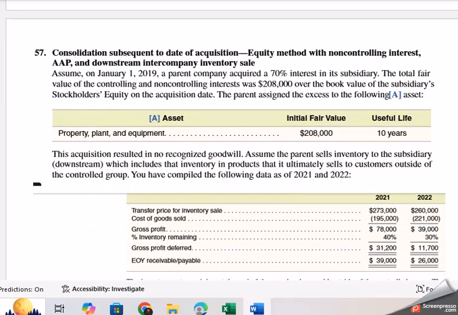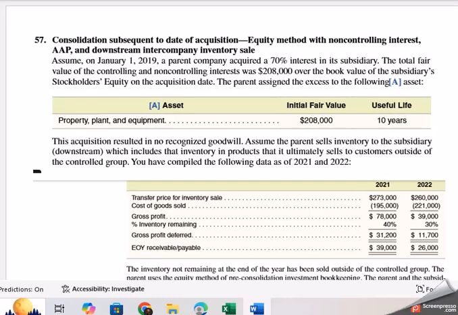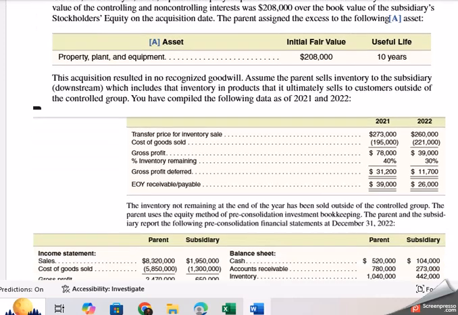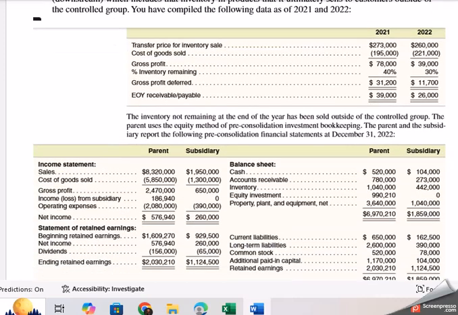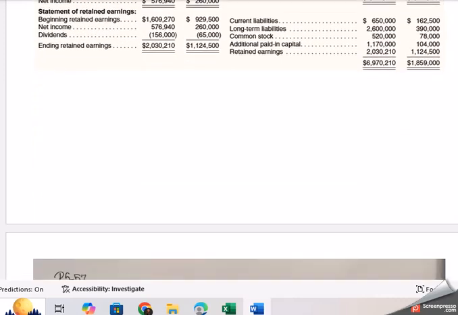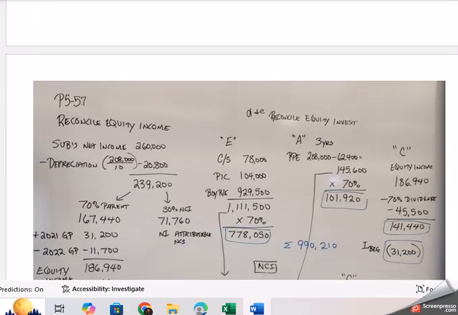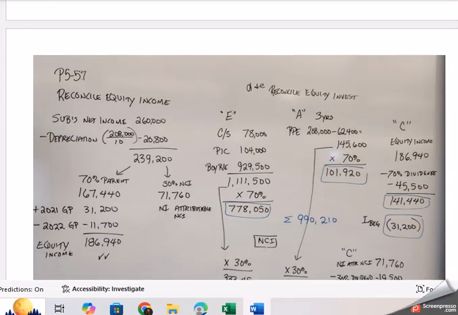Now this one, what makes it a little bit different is that it is a downstream sale. So the parent sells to the sub. So we still have an acquisition accounting premium to deal with. We still have the intercompany sales and the beginning inventory adjustments and the ending inventory adjustments, but it's where do they split? So if I can go down to that, when we reconcile out our equity income,